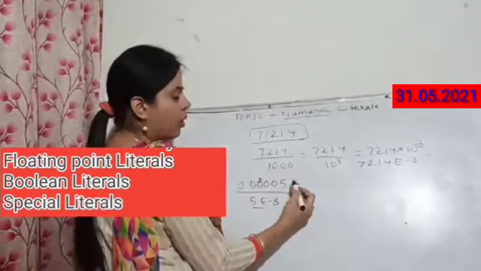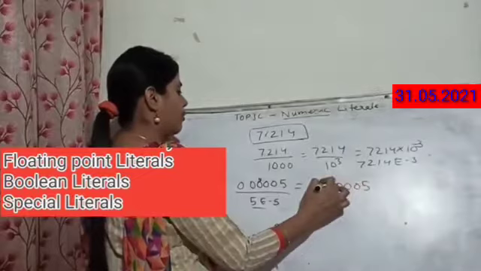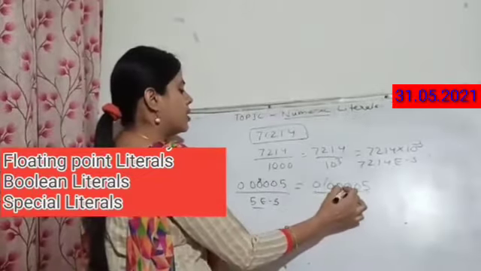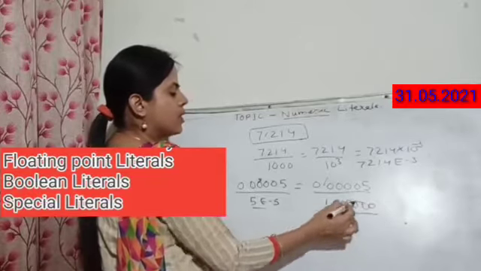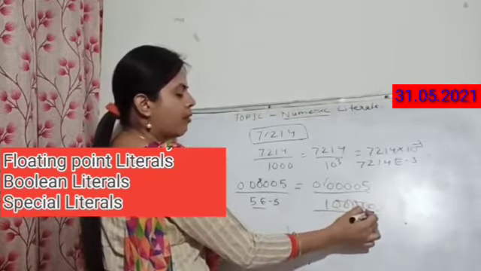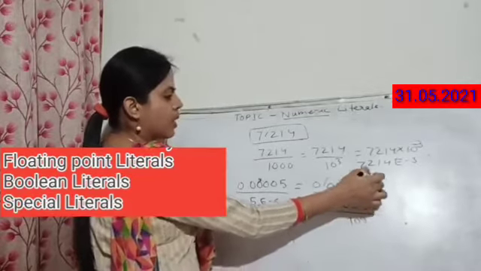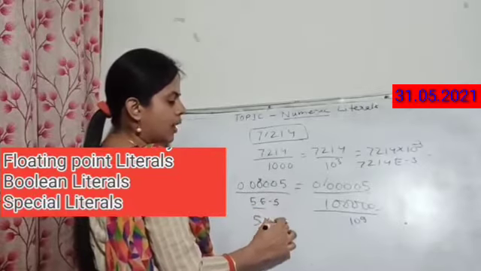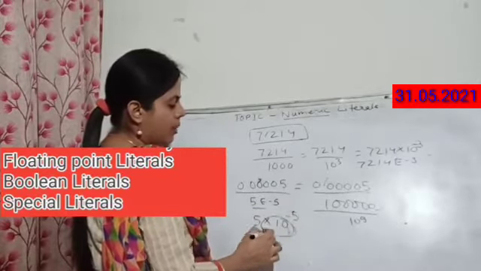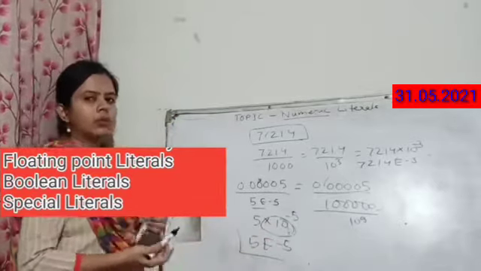Okay, now let us solve this. In 0.0005, if you remove the decimal point, how many zeros will you get? 3, 4, 5 zeros here. Okay, 5 zeros. When it is 10 to the power 5, the division comes to the multiplication part, and it will be written as 5 into 10 to the power minus 5. So this 10 will be written as e. So 5e-5. So this is how the exponent form can be formed.